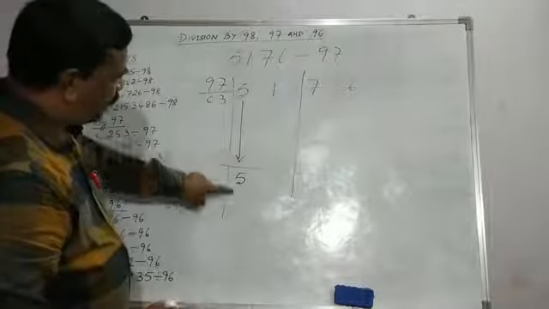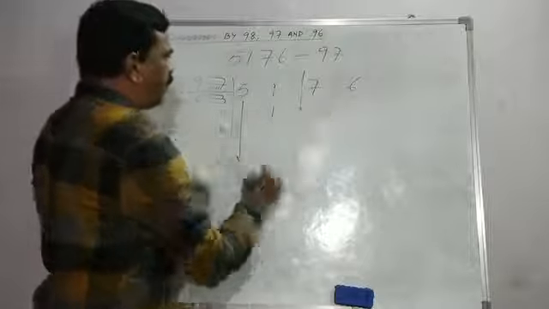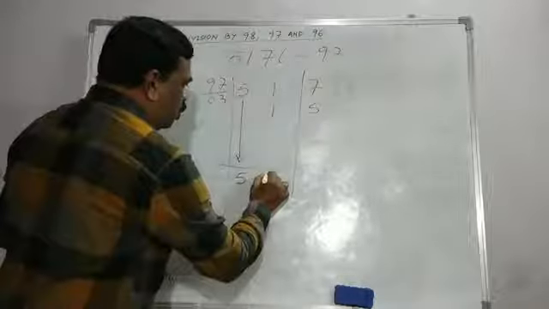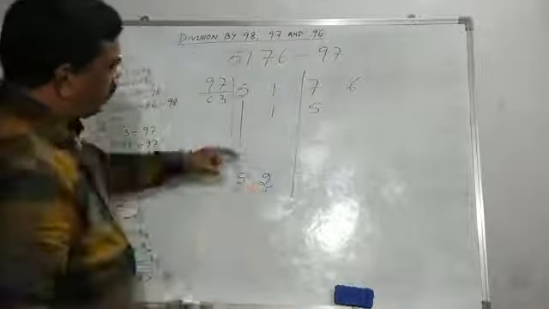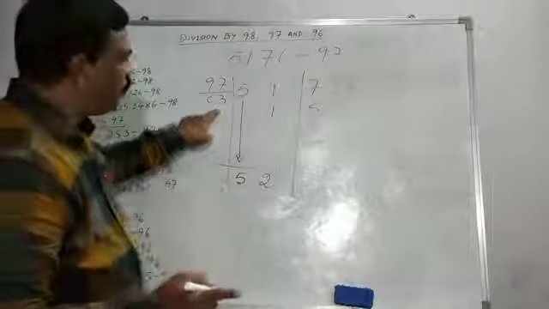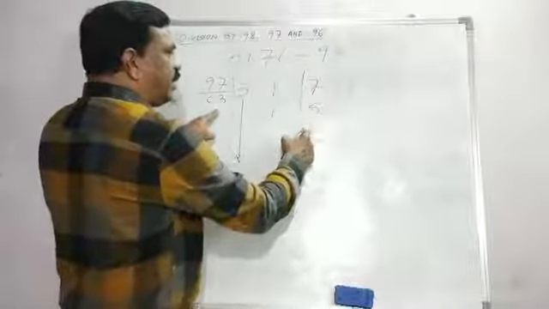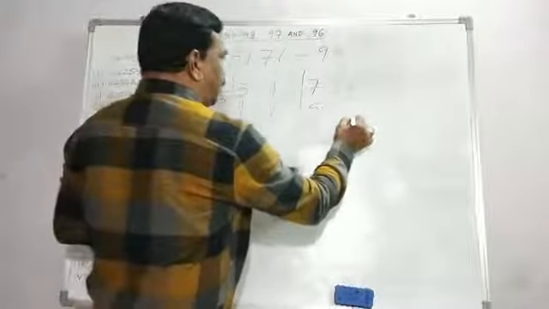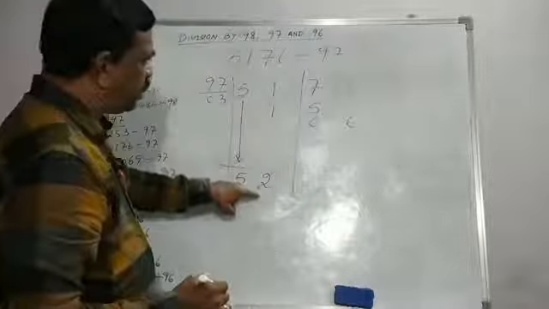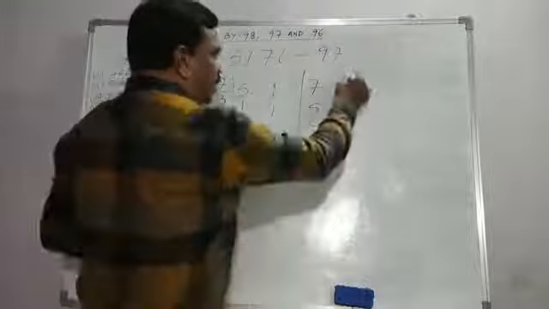Now 3 5s are 15 we will get. So 1, 5. 1 plus 1 is 2. Then 2 3s are 6. Again we are getting a single digit. Therefore whenever you get a single digit, don't write it as a single digit under the next number, write it as 0 6. So 3 2s are 6. So under the last number we got the number here. So our calculation part is finished.